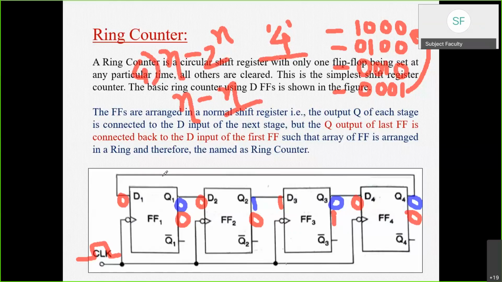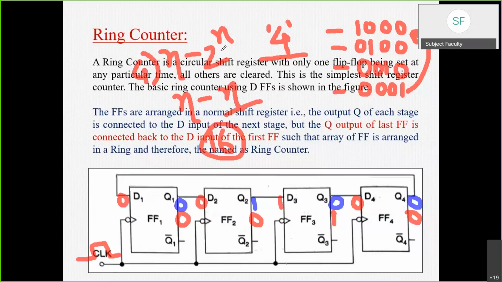But on the other hand, this is also a 4-bit ring counter. So for a 4-bit ring counter, how many mods or how many states are there? Only 4. So you can clearly observe, when you are designing an asynchronous counter, you are getting more counts, that is 16 counts. Whereas in the synchronous counter, only 4 counts you are getting. Or you can also say like this: in order to get 16 counts using a synchronous counter, how many flip-flops would you require in your circuit? For 16 counts, 16 flip-flops you will require.